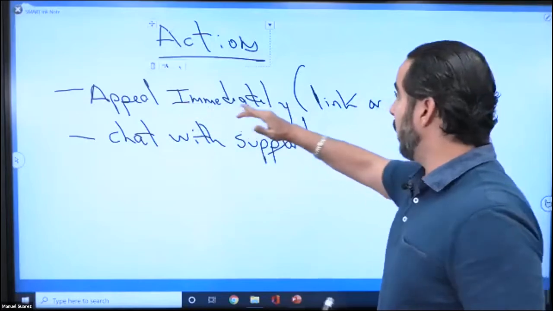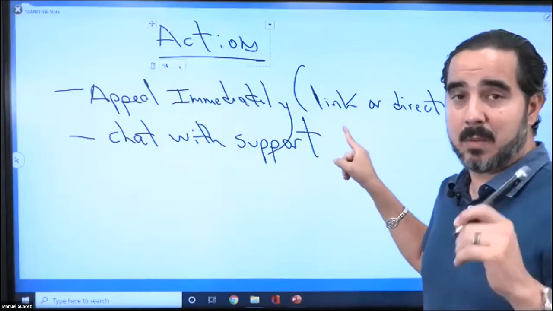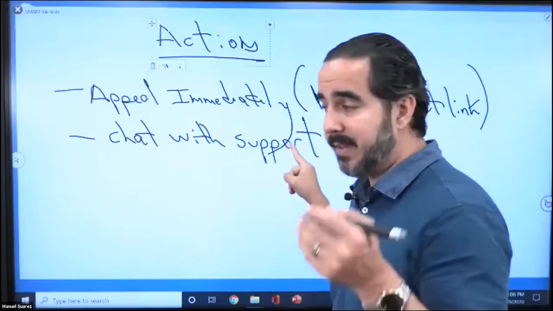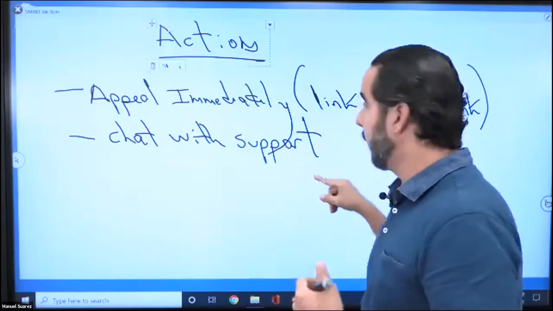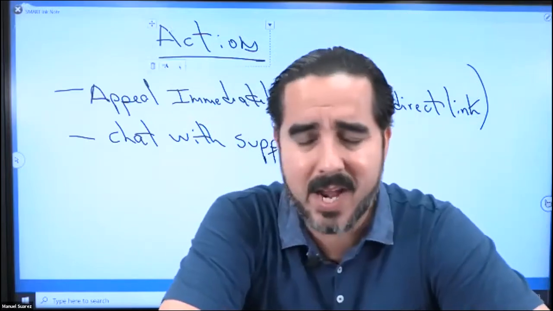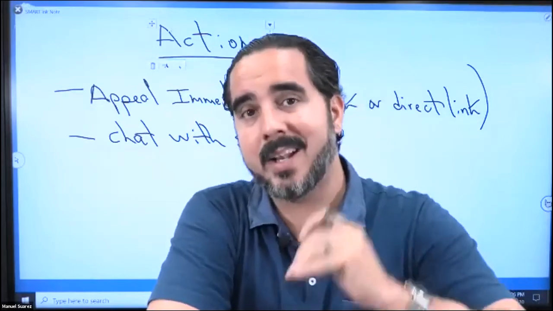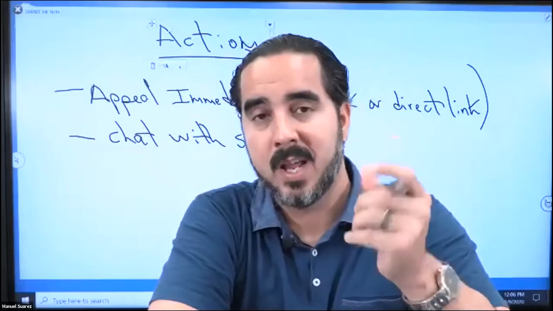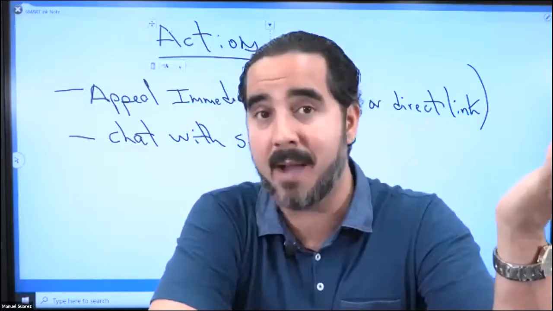But we do appeal immediately. There's going to be a direct link under the ad account to appeal, an immediate appeal. We have seen it take 24 hours, sometimes less. And I think we have had a 95% success rate, guys. The painful part is that it slows down any momentum. That's part of the game, and you've got to be willing to deal with it. It's simply something that we have to deal with.